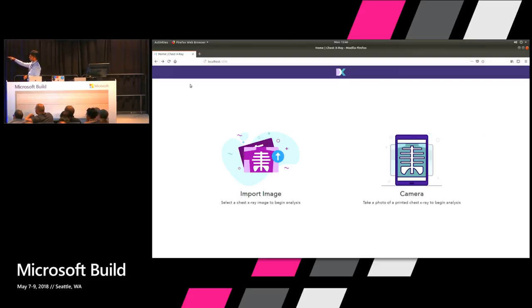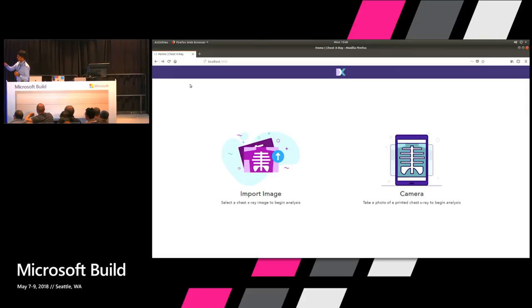Now what I have here is I can import an image. So say you are in this remote location with this edge device, and you just connected it. It's running locally. Everything is running locally. We have Dockerized the app. We have Dockerized the IoT Edge. We Dockerized the entire container, which is running the model.